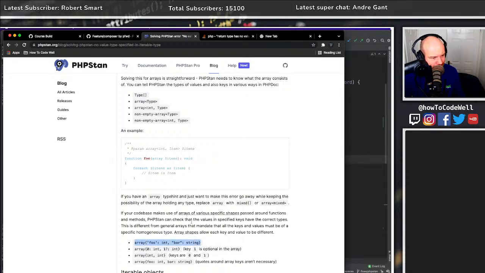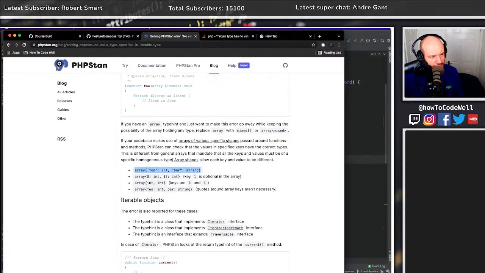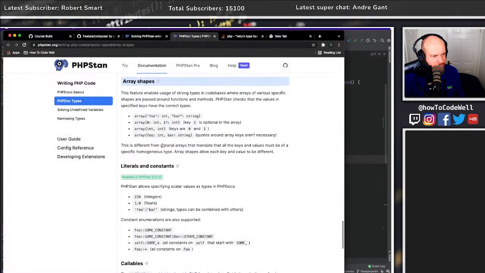Okay, I'm going to grab that for an example, and I'm going to also open up this as well, array shapes, and just have a little noodle. Array shapes. This feature enables usage of strong types in code bases where arrays of specific shapes are passed around functions and methods. Okay, PHPStan checks that the values in the specified keys have the correct types. Okay, right, so that all makes sense to me. My question is, how do we define that